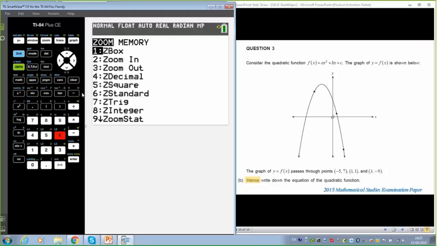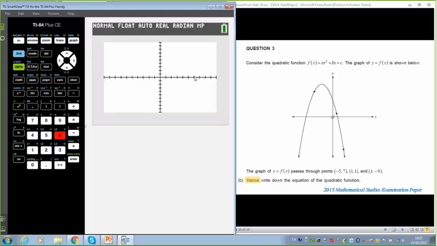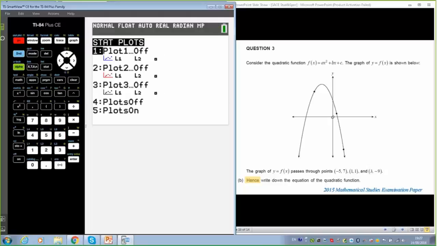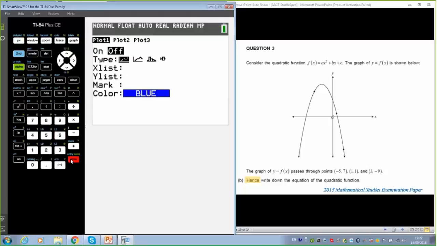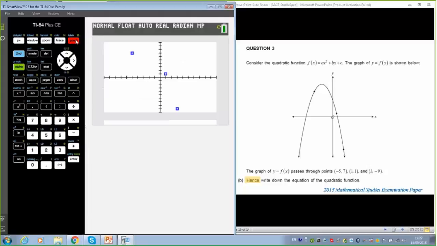That's done. It's going to graph something at the moment, but nothing because all my graphs are turned off. There's no spiral here, and that's because I haven't got stat plot on. Let's turn that on. And they were in list 1 and list 2, and I do want a scatter graph. Let's have a look at that now. Okay, that's looking pretty good. That matches it pretty well.